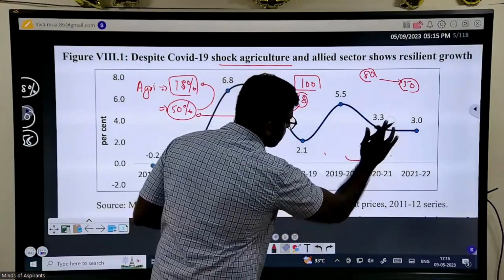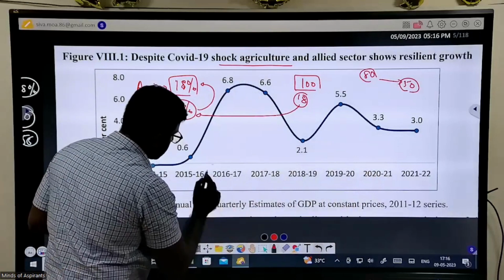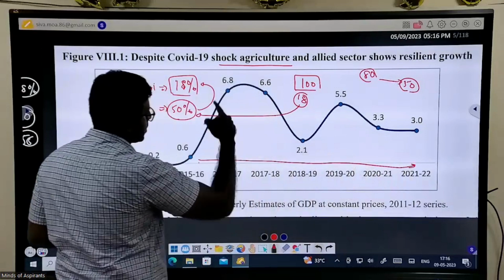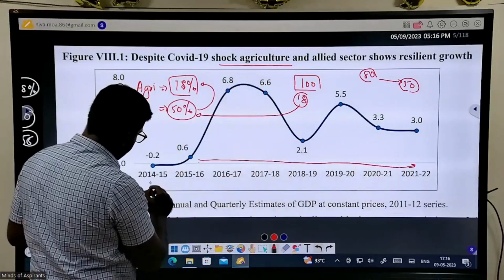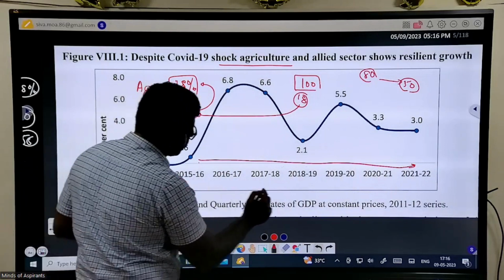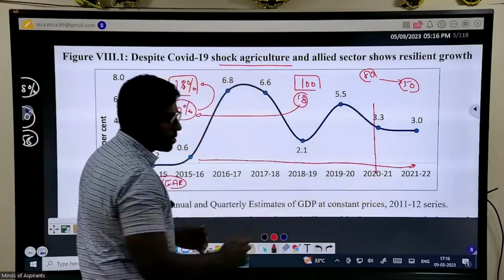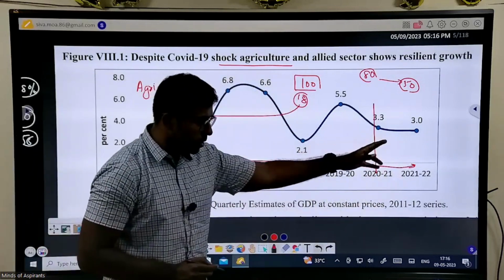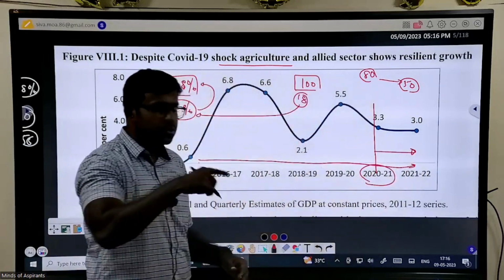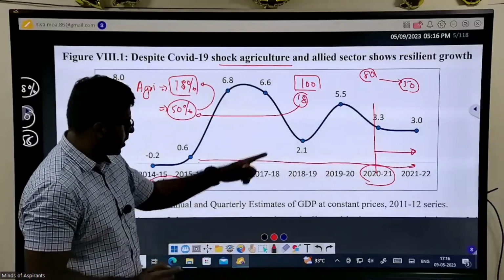But now for the preliminary examination, what you have to know is that UPSC will ask you a question saying that agricultural growth has been steadily increasing. No, it has actually not increased over the 10-year period. Look at this, over the 10-year period from 2014, it has increased and decreased. But after COVID, and this is one specific point, look at this. During the time of COVID,